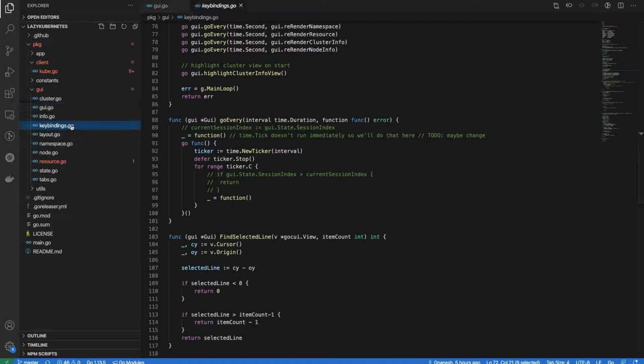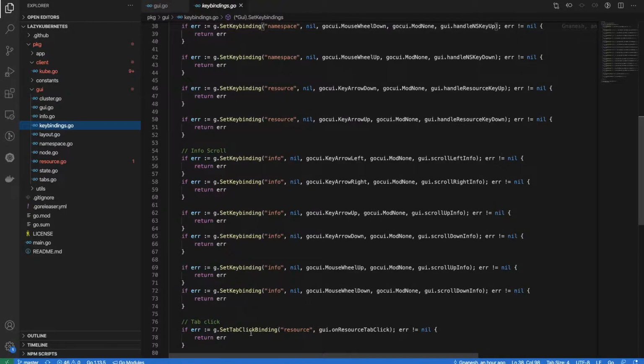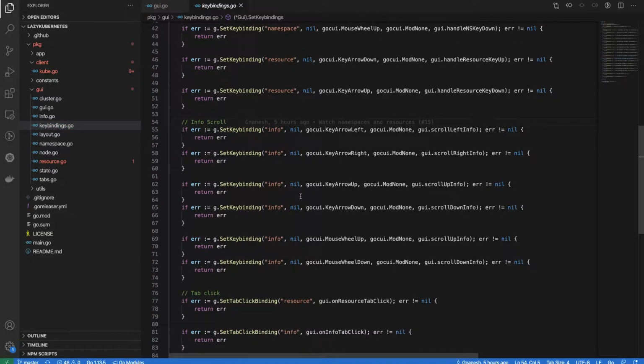And we have multiple key bindings for each particular pane to handle things like what to do on clicking on the pane, and clicking on tabs in the pane is handled in separate functions. And we have separate logic for handling scroll, and whenever a key press up or mouse wheel is done, we recenter the view to show the actual data in the pane.